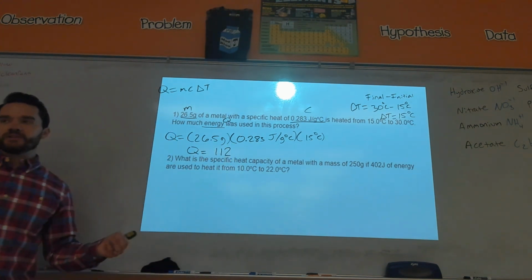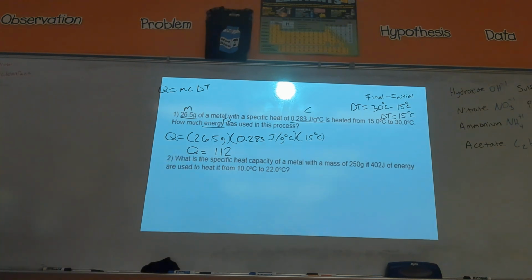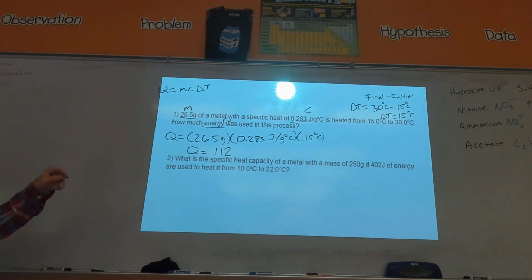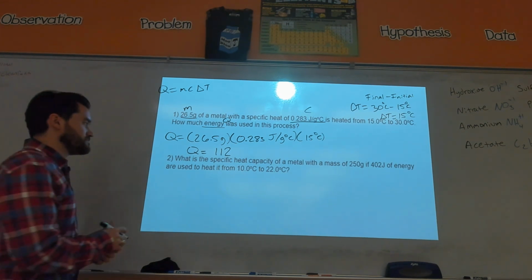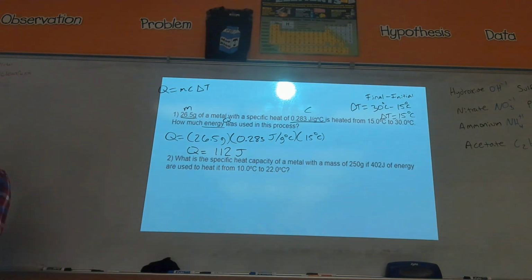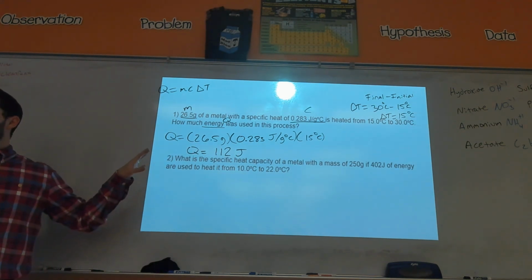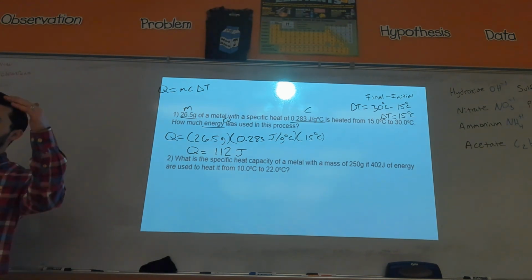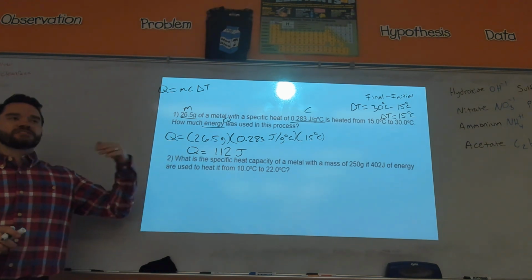Now, what would the unit be there? Because again, you have multiple answers at 112. Is it J over grams degrees Celsius? Nope, that would be the unit for specific heat, your C. There's two ways you can know. You could either just memorize it, or you could solve for it. Joules, good. So you could have memorized that your Q is always in joules, or, and this is more ideal, think back to stoichiometry. Whenever you were canceling out units, what was the opposite of multiplication?